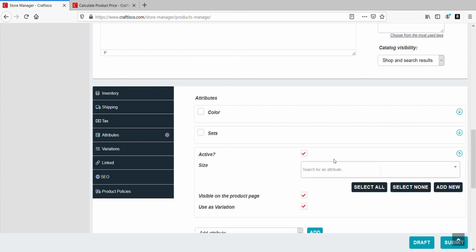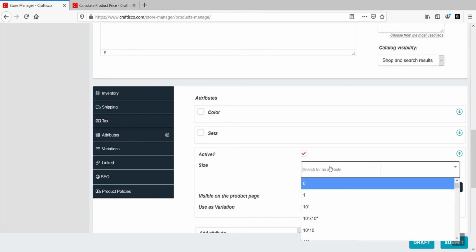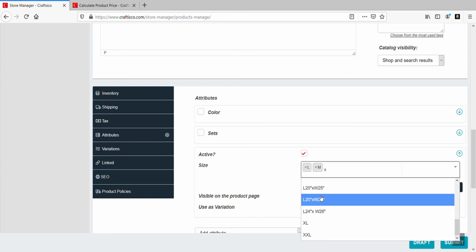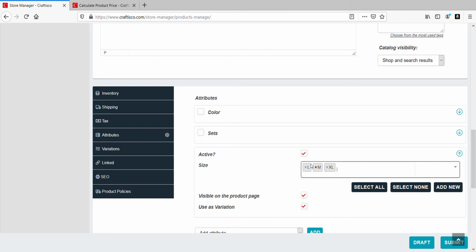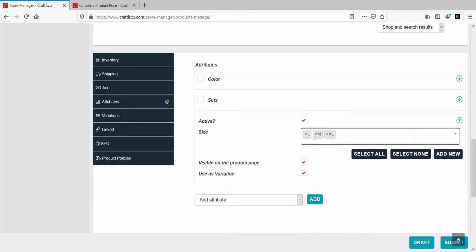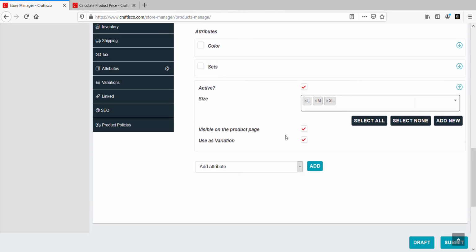So my product varies in size. And what are the sizes? I am selling this top in medium, large, and XL. Do I have XL? Yes. Right. So I'm just selling this in 3 variations. Keep this checked, because if you uncheck this, then the variations will not be visible on the product.